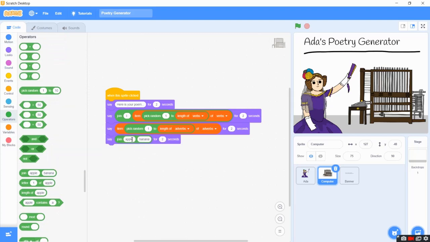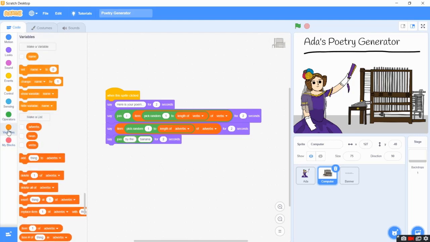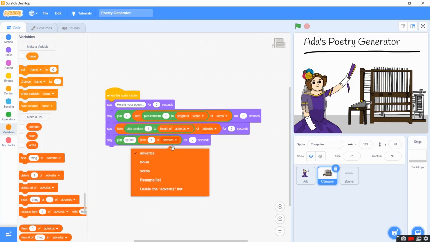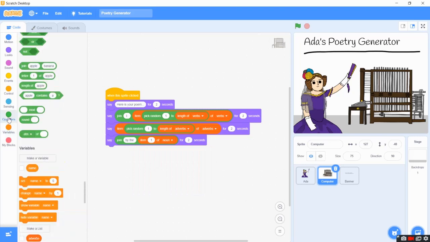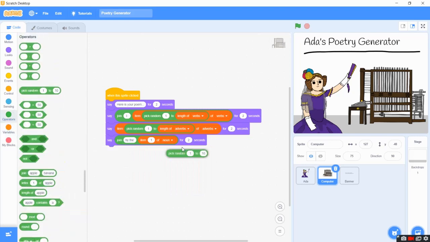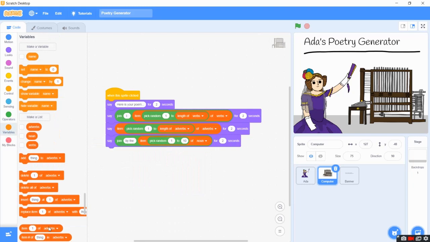And we're going to type in the first place "by the", space. Don't forget to put a space there. Go to variables and drag out item 1 of adverbs, but this time you change it to noun. Then we're going to go to operators and drag out the pick random block. Then we're going to go back to variables and drag out length